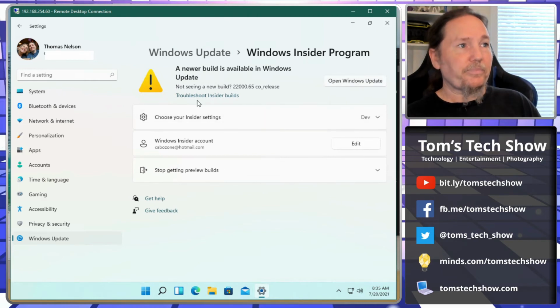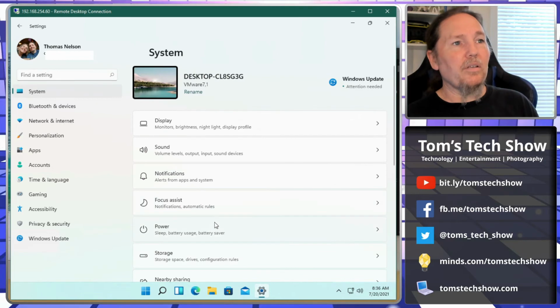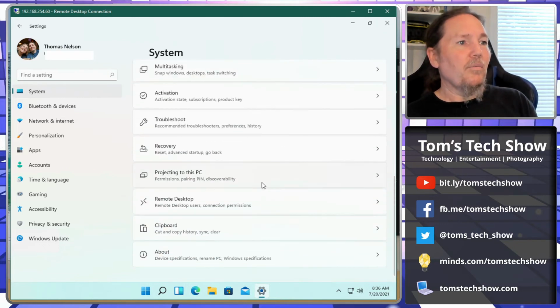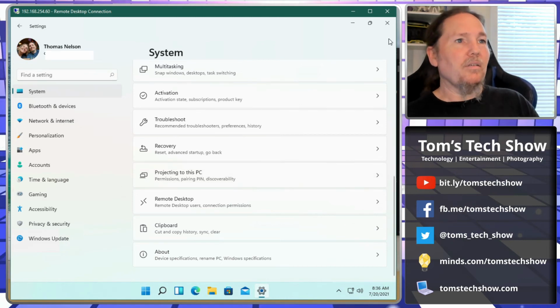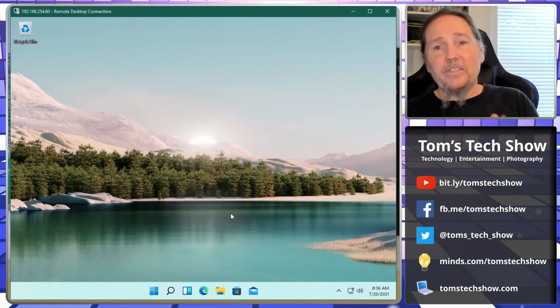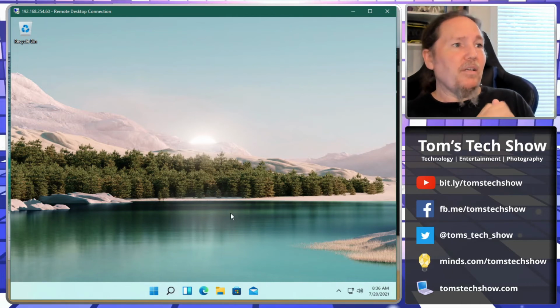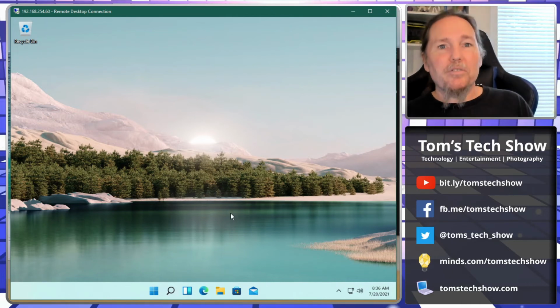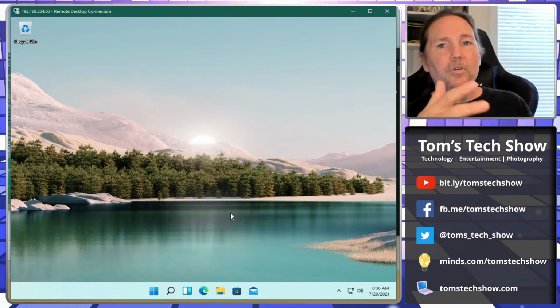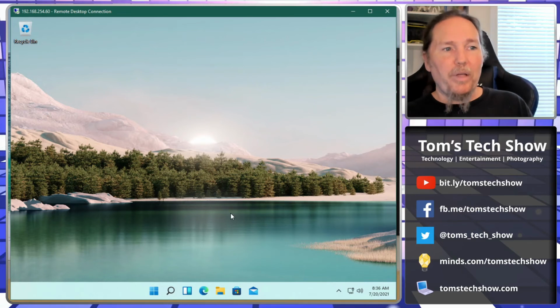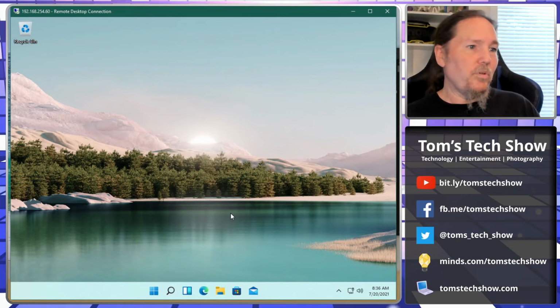So there we go. But I do like the new control panel. I think it's passable for right now. More things that they keep moving into it seem to be better organized and all that. So that's Windows 11. I mean, a lot of failing, but it's Microsoft, right? They fail from the start typically, and then over a few iterations, things tend to get better, especially when they're doing a new release like this with Windows 11.